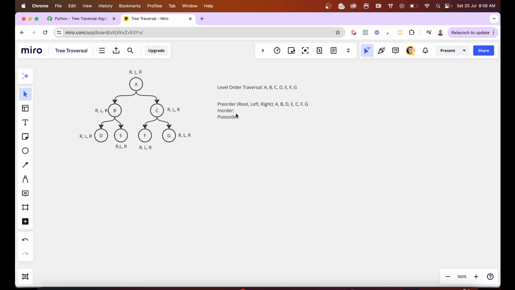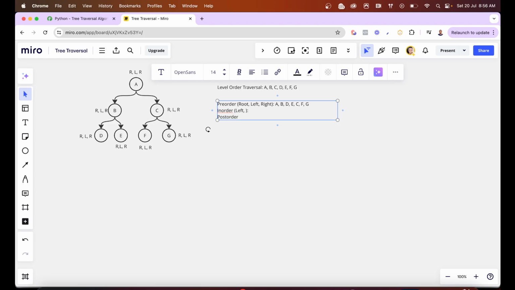The in-order is similar, but the way we visit and traverse is different. So instead of visiting the root first, we go to the left side, and then visit the root, and then traverse right. So for pre-order, the difference now is we first do